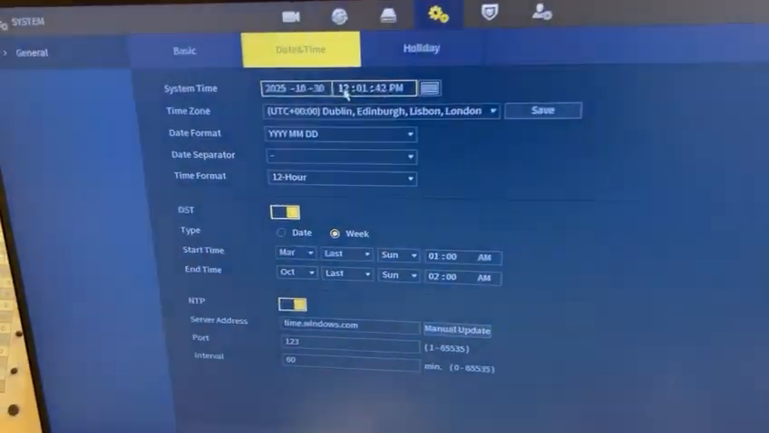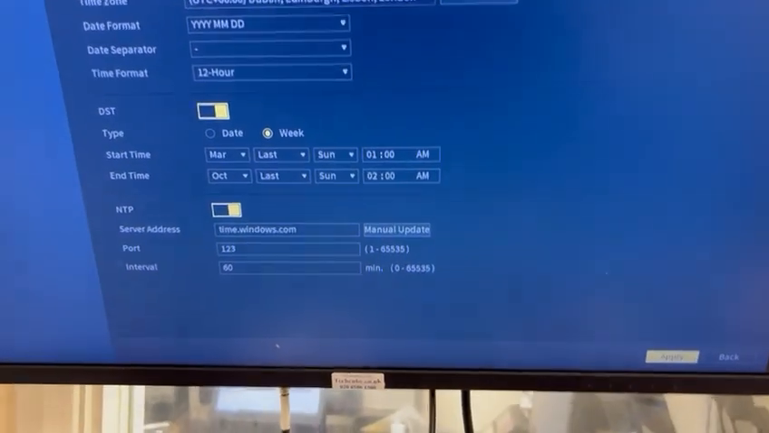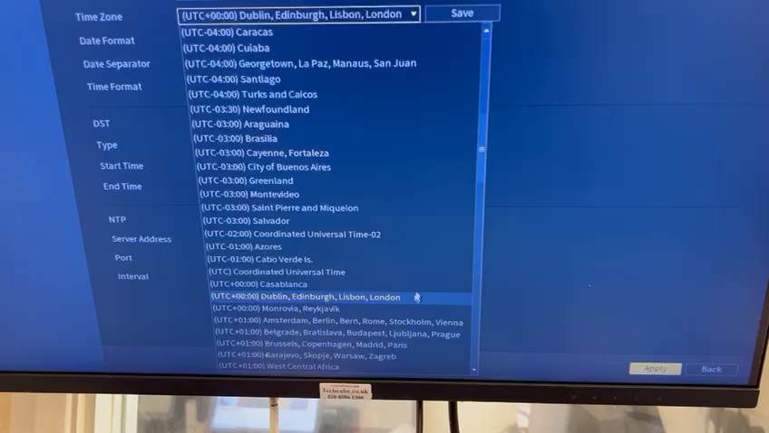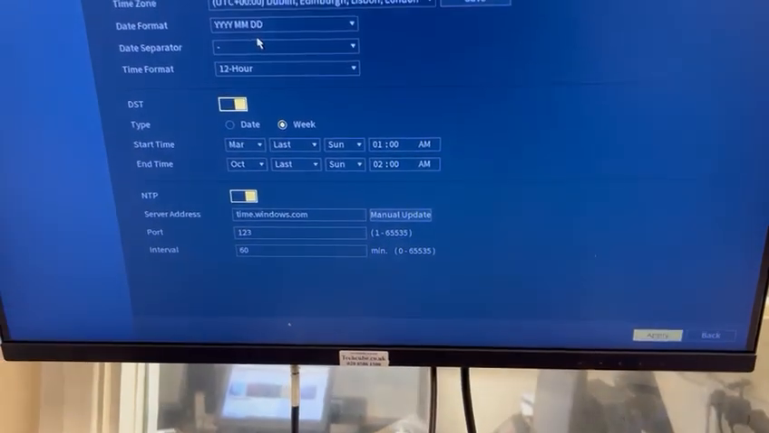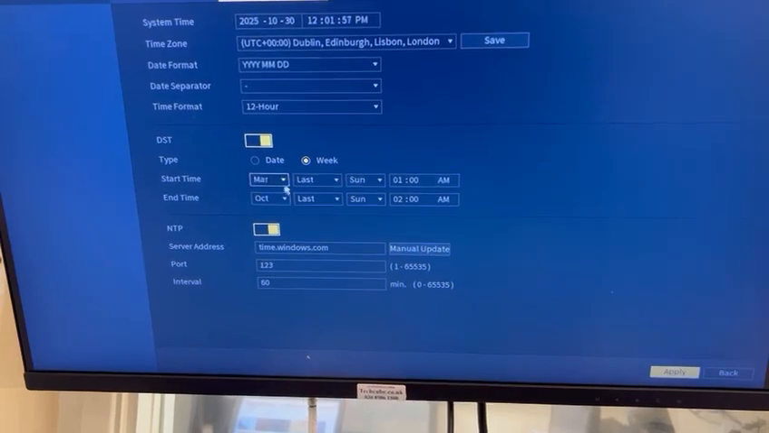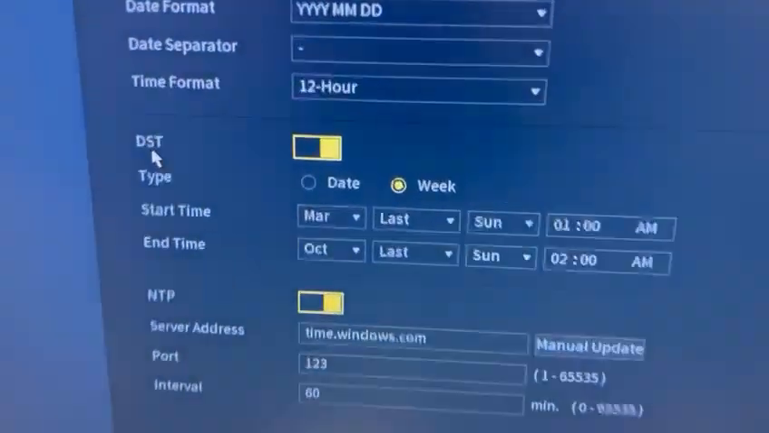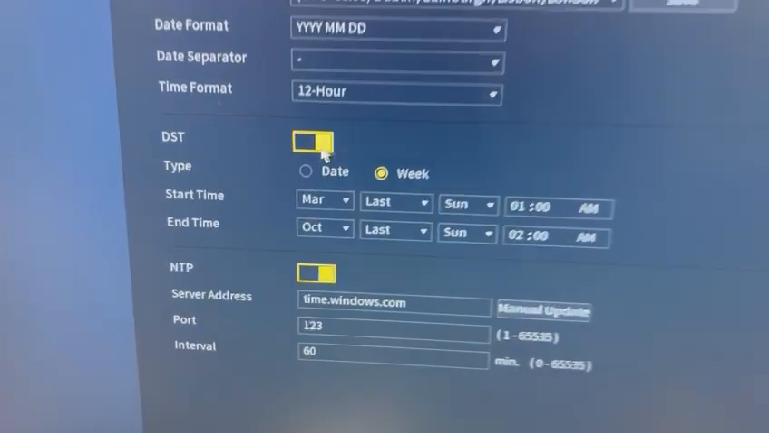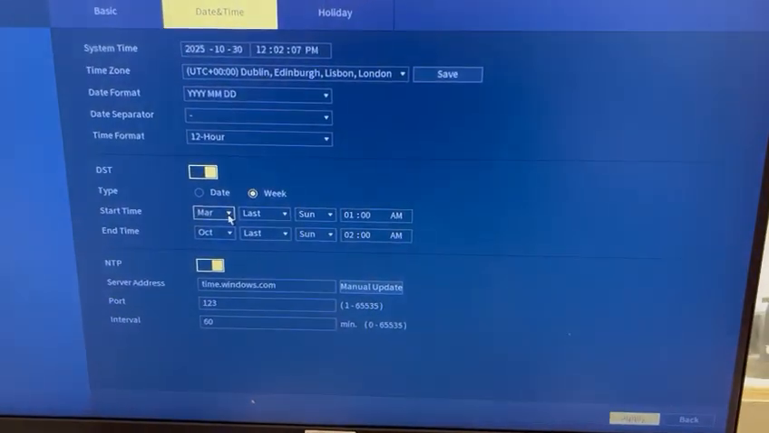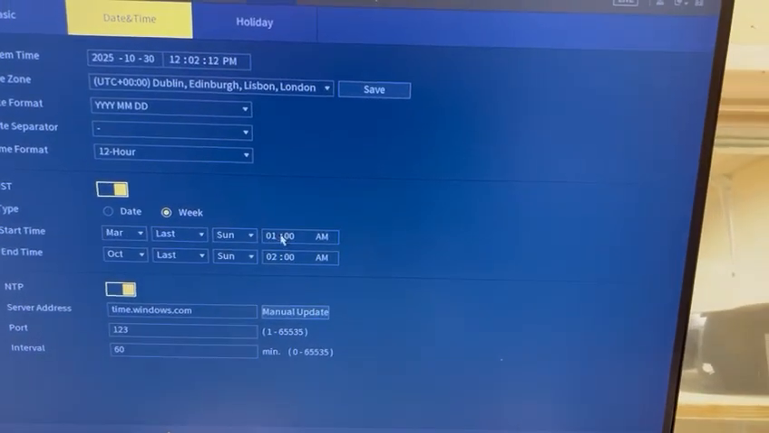Here set the date and time, okay, and select the time zone here, and you can change the format here. Enable this DST, okay. Normally in the UK the time will be changed, so make the settings March last Sunday